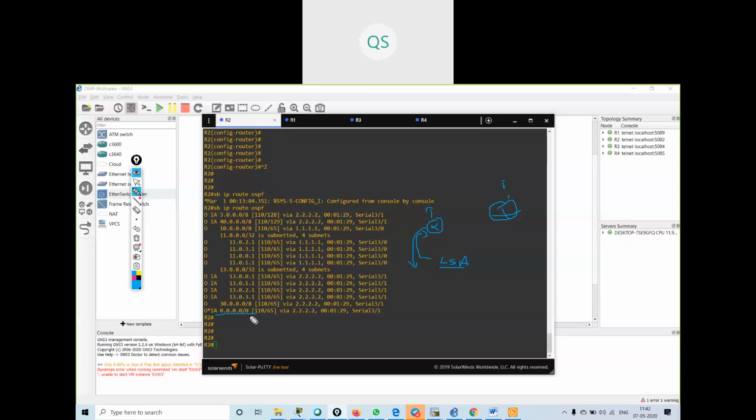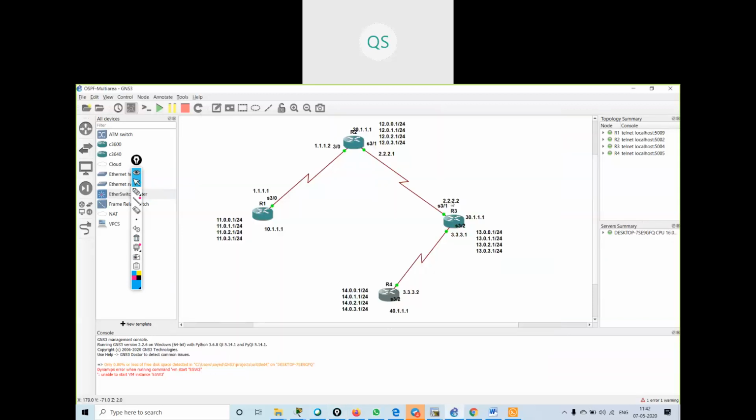This is the default route. See, you have to go to 2.2.2.2. And what is 2.2.2.2? If you go and verify, it is my R3's interface.